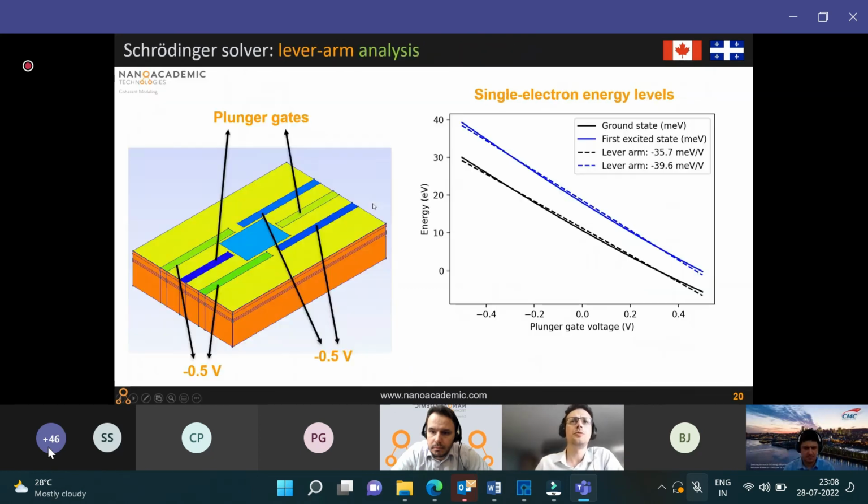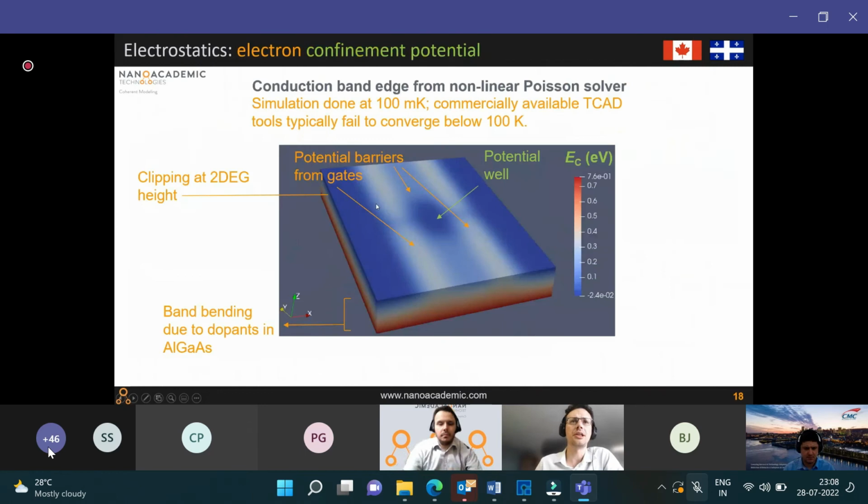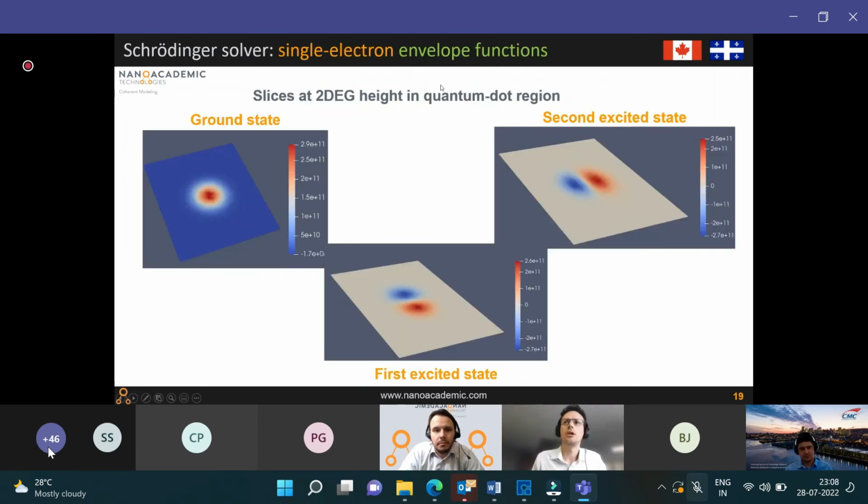So what I showed was really just the most basic simulation of electrostatics at cryogenic temperature. As we saw, we converge below 100 milli-K, and commercially available tools, what we've been told by our collaborators is typically they fail to converge below 100K. So this is clearly an advantage in using Qtcad, because spin qubits are operated at very low temperatures. So we saw this in my ParaView